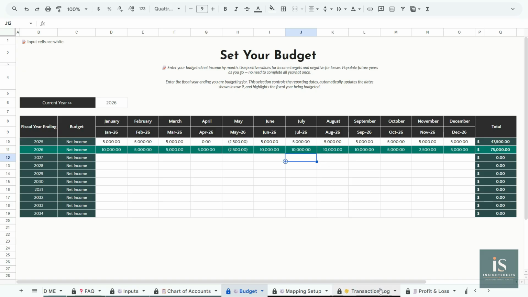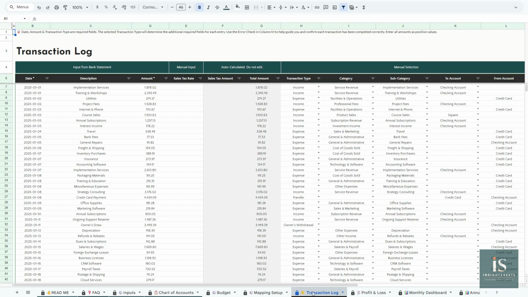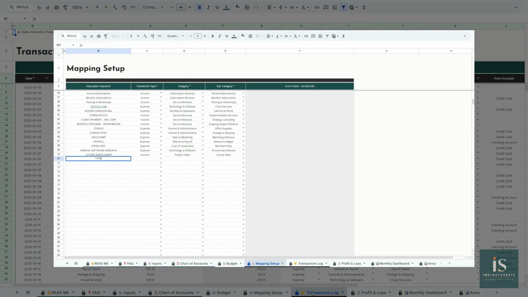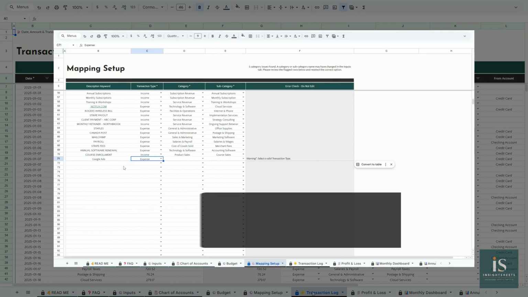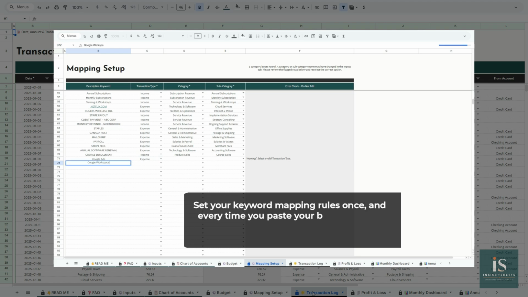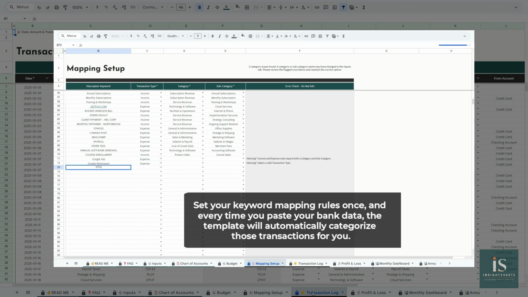Now we're at the heart of the template, the transaction log. But before we dive in, I want to quickly mention the Mapping Setup tab that we just skipped over. This tab is not covered in this tutorial because it is not included in this version of the template. The Mapping Setup tab is an advanced feature that allows you to automatically categorize your transactions using keyword rules. So instead of manually selecting a category for every transaction, the template does it for you. If you have recurring transactions like payroll, rent, or subscriptions, this feature can save you a significant amount of time